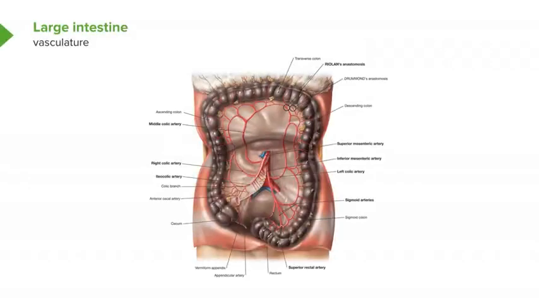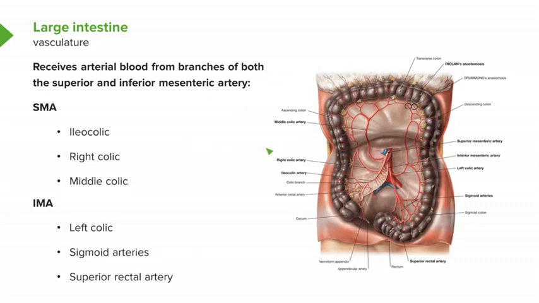So if we look at the vasculature of the large intestine, we can see that the large intestine is really important. It's what is known as a watershed organ. It has a contribution from two main branches of the abdominal aorta. So we can see that the arterial supply to the large intestine comes from the superior and the inferior mesenteric